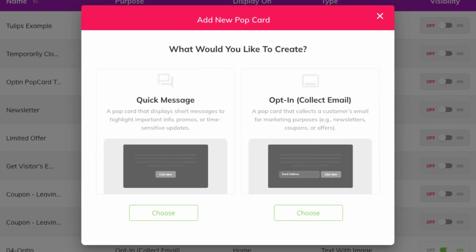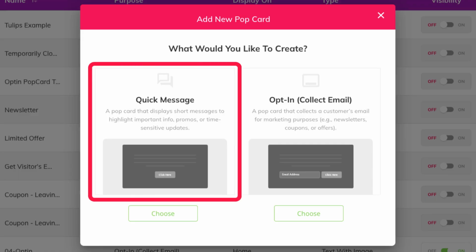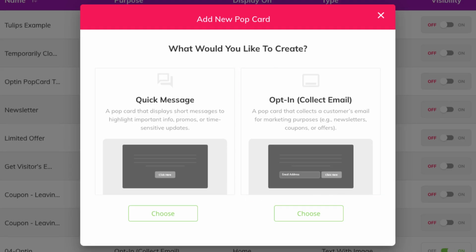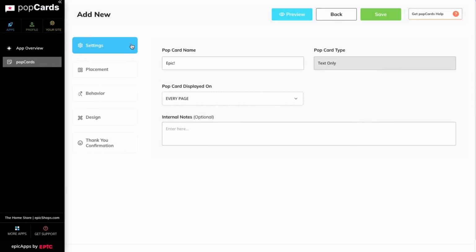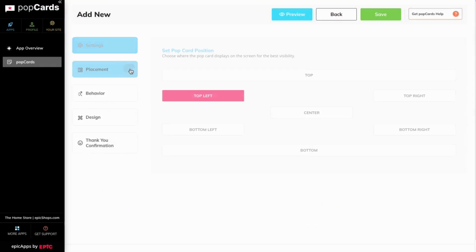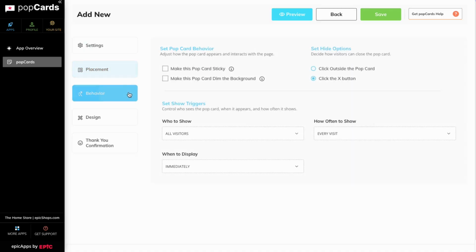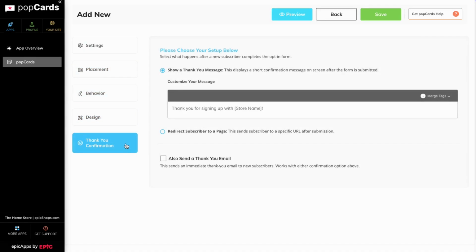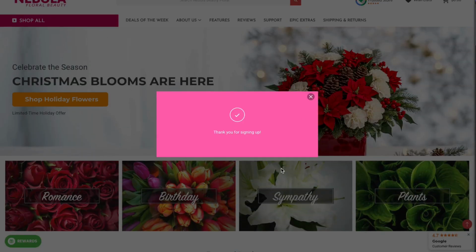You can choose between quick message pop-ups for promotions and reminders, or opt-in pop-ups that help you grow your email list. And from there, you can customize everything: where the popcard appears, who sees it, when it shows up, how it behaves, how it looks, and even what happens after someone signs up, like showing a thank you message or